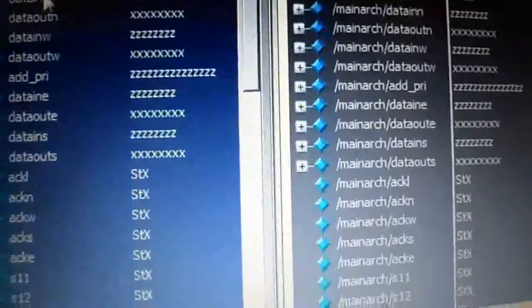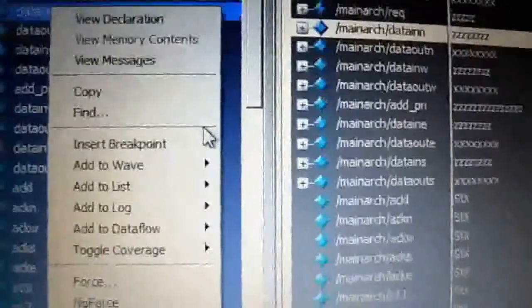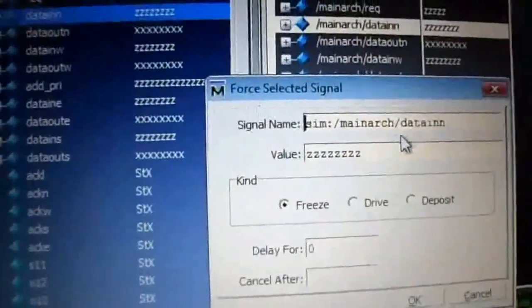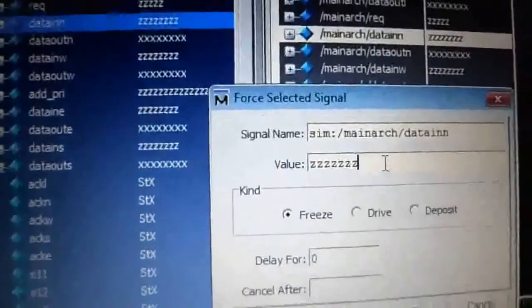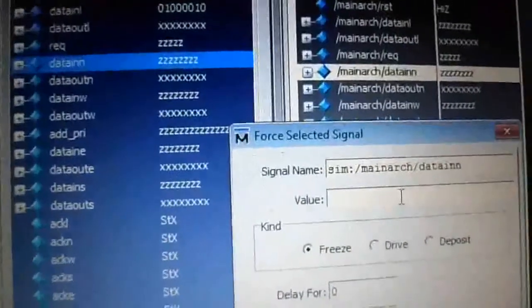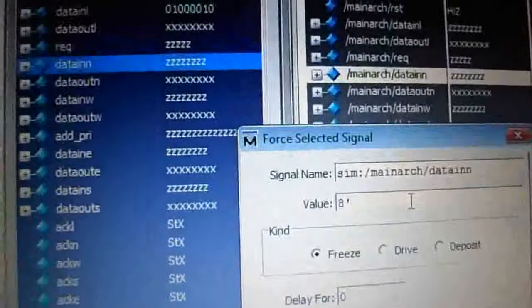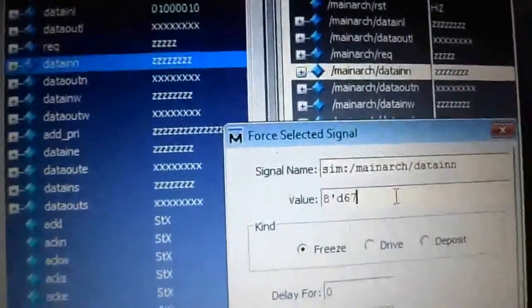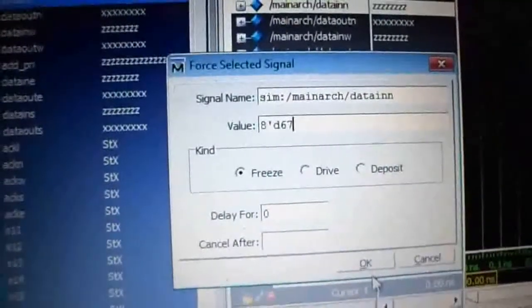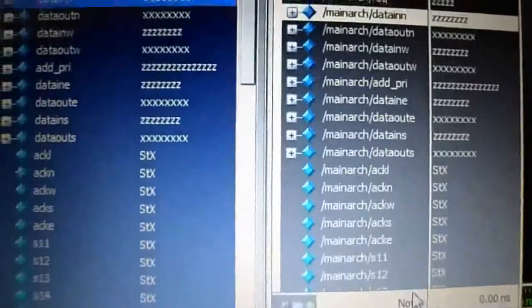Similarly, now the north port is also selected. Likewise, inputs are given to all the 5 ports.